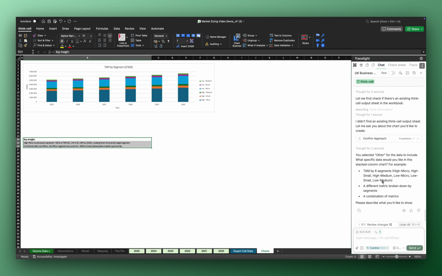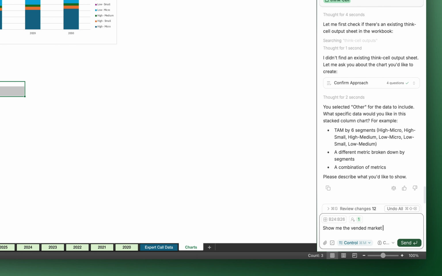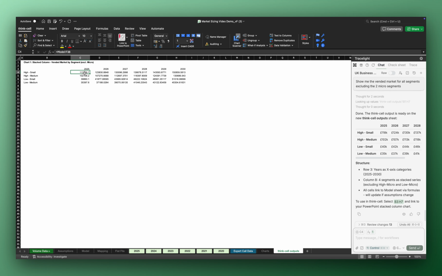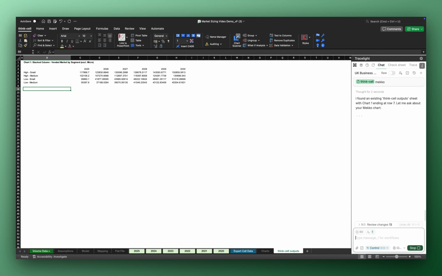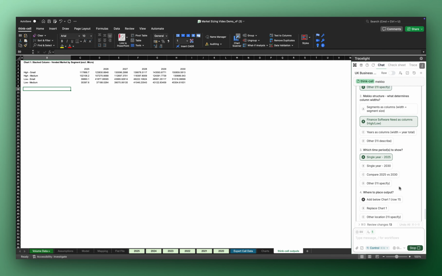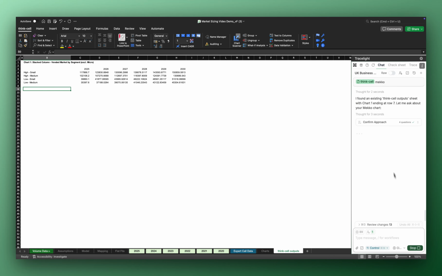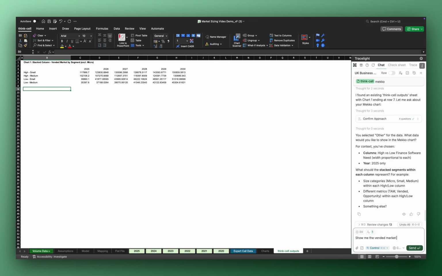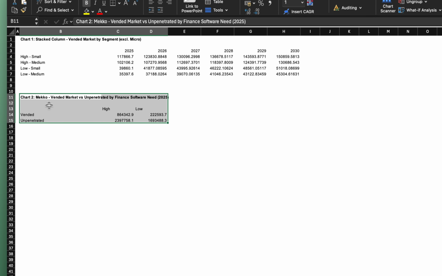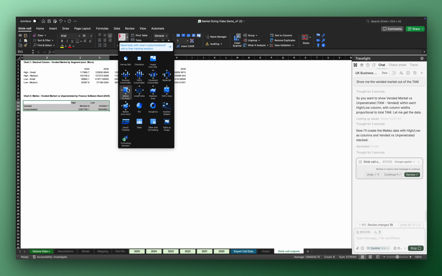Once we've clicked through that, you'll see that it produces data in the format we need for a ThinkCell chart and linked it to the model data. All ThinkCell charts are possible, including more complex setups like a MECO. Here I'm making one that shows the vended market as a proportion of the TAM. And once it's created this data for us, we can just insert it into PowerPoint with the